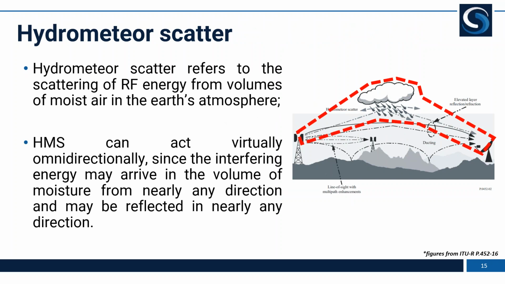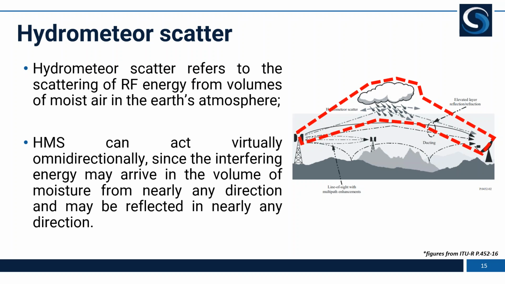And finally, we reach the sixth propagation mechanism, the one that we're going to spend a little bit more time on, and that's a little bit more unique, and that is hydrometeor-scatter. Since it is a little difficult to quantify, it is not exactly found in many propagation models. And what hydrometeor-scatter is, it's the energy that's scattered from volumes of moist air in the Earth's atmosphere. So in the image on the right-hand side, that is represented by a rain cloud. So the cloud itself, which contains moisture, and then the rain or snow that falls from the cloud